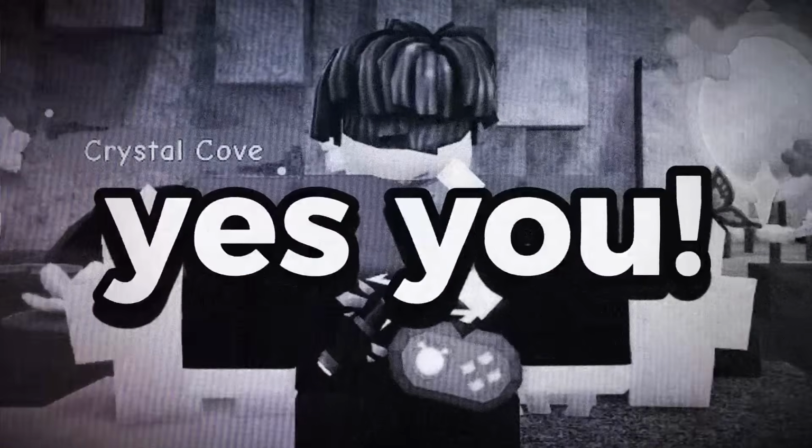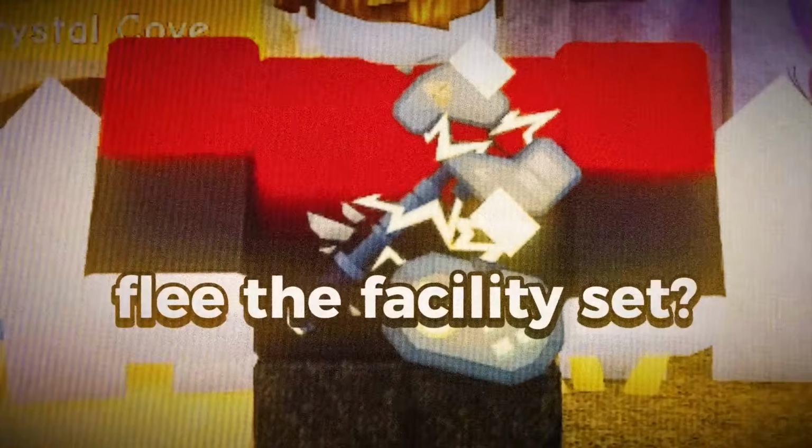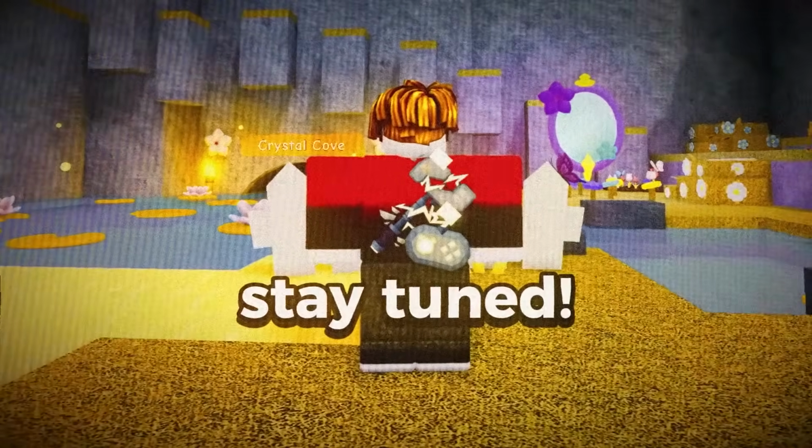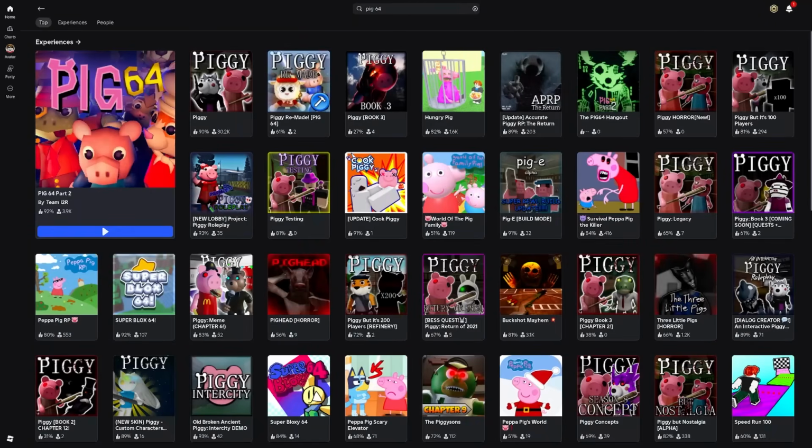Hey you! Yes you! Do you want this new Flee the Facility set? Well, this video is about to show you how to get it. Stay tuned! Alright, so once you've opened Roblox, before we head to Flee the Facility, we have to type in